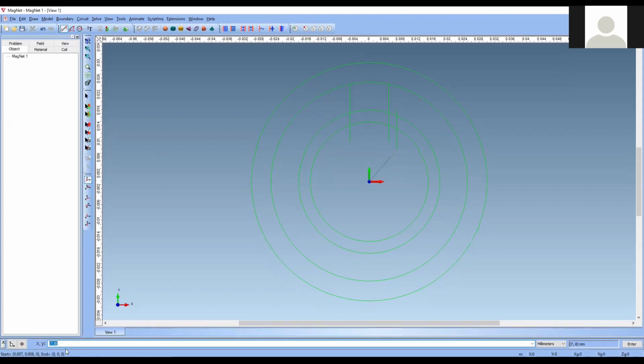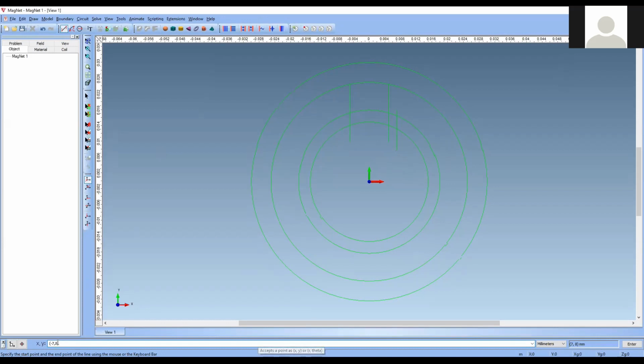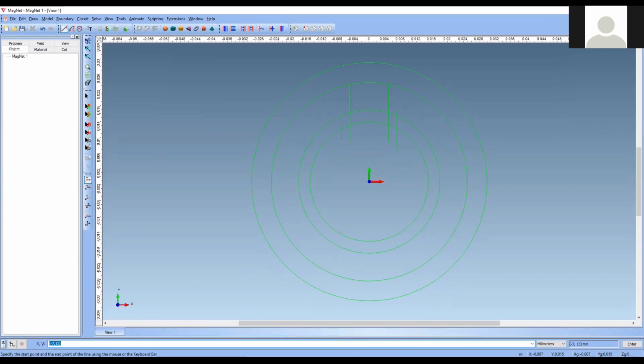Now again, this side I want to draw a line. So I will put it as -7. Again, I have to select line. Now -7, 8 is my starting point. That is, I'm going to start from here, this line. From here to here, I will go. So -7, 8, I'm going to start, and now I am going to end it as, say, for example, 15. 15 means it is getting wrong.